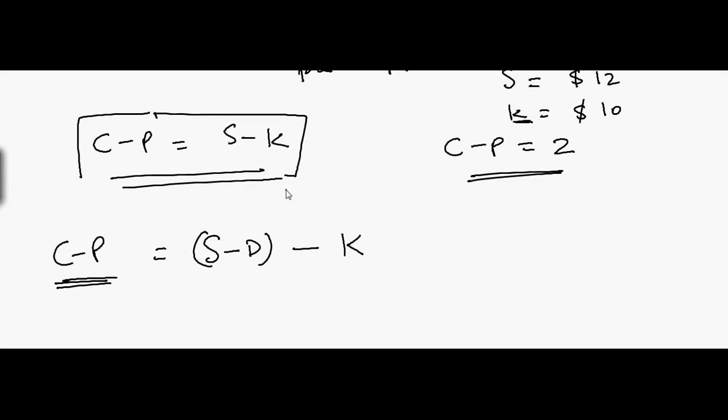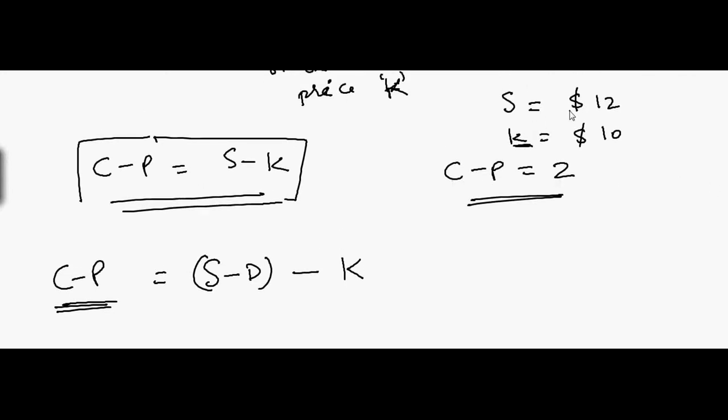If you buy this call and sell this put, then all you are investing is around $2, right? And then you are delaying the payment of $10 until the expiry, so you will pay $10 much later. So in a way you gain the interest on it. So in this case we'll say K minus interest. So that will be a more right way to write a call put parity.